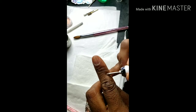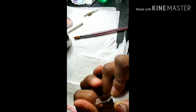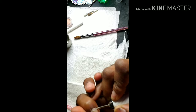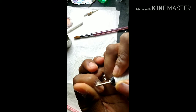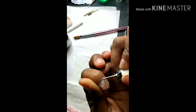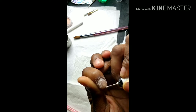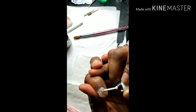This is a safety cuticle bit. You don't have to worry about it cutting you or anything like that. So I just want to go around in a U shape. And I want to run that file